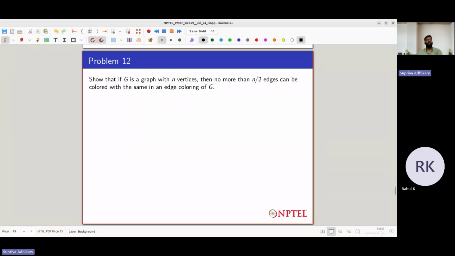So now in problem 12, we have to show that if a graph has n many vertices, then no more than n by 2 many edges can be colored with the same color in the edge coloring of G. So we will prove it by contradiction. If possible, let there be m edges colored with the same color,